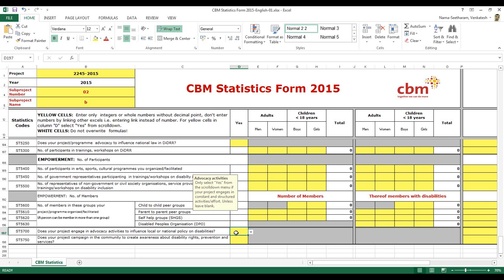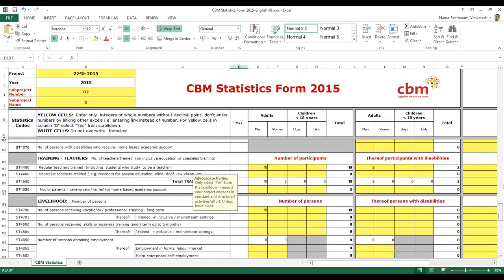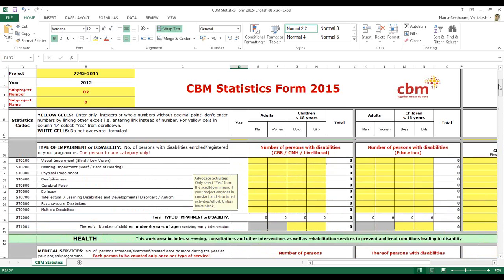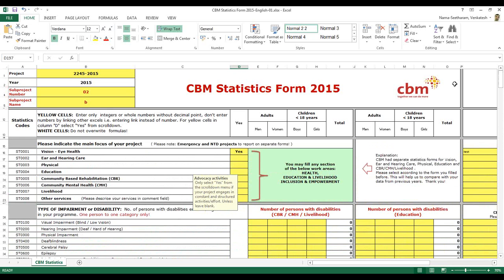Okay then. Fine. Any questions related to this form? That's all from my end related to this form. Okay.